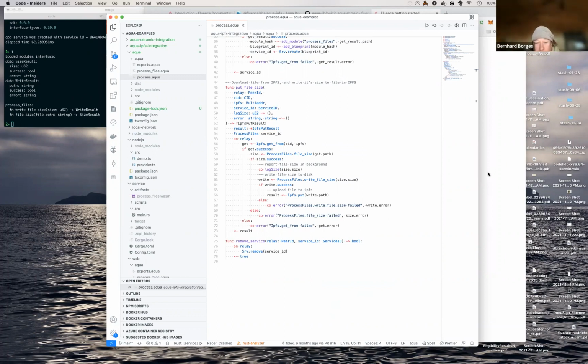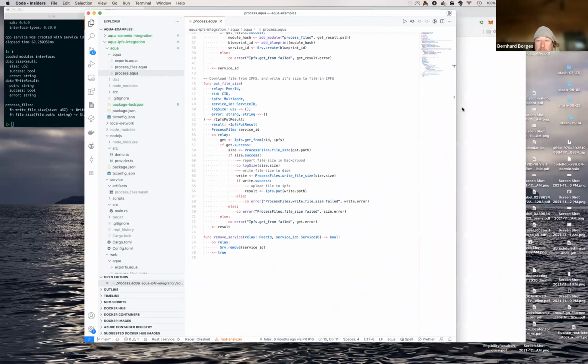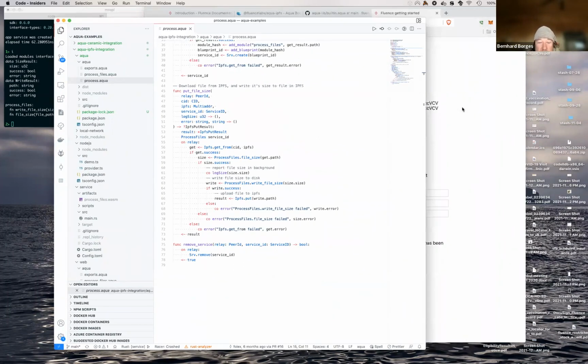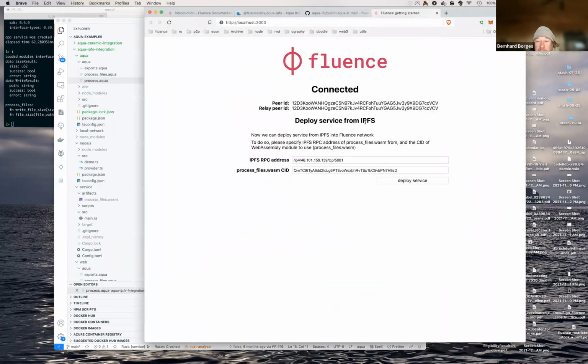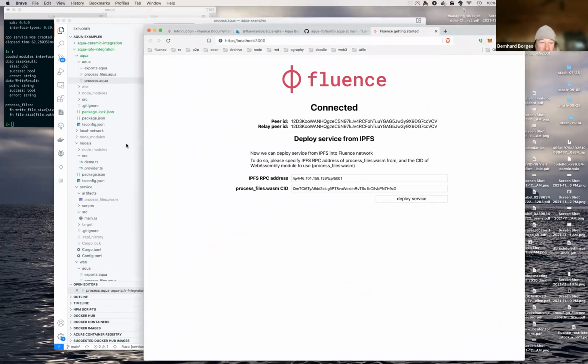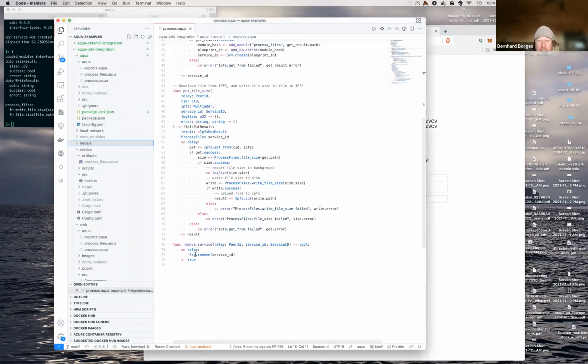And obviously, the more complex your workflow gets, the more complex it gets. But still, the addressability issue that usually haunts peer-to-peer developers is totally abstracted for you and taken care of by Aqua. And then our last one is actually how to remove a service, because you want to be a good citizen and not leave a bunch of garbage on those nodes. So you just delete it, and in order to delete it, you use another built-in service. This is already provided for you, and you just basically remove that service from the host.